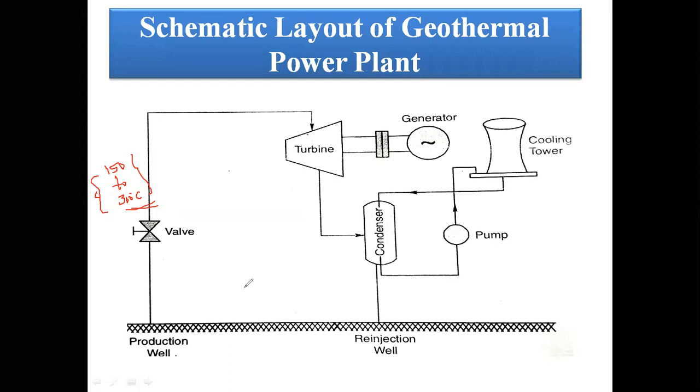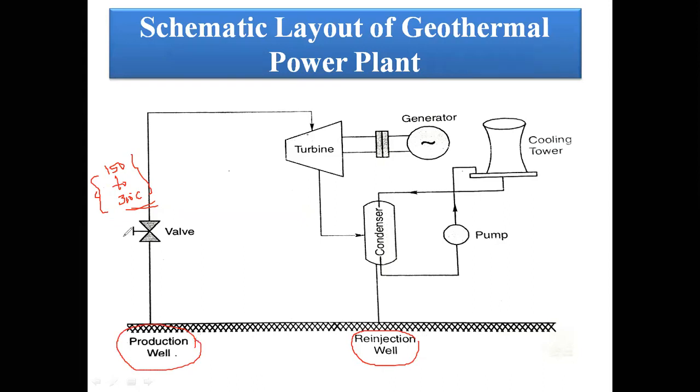Actually, the geothermal power plant is operated due to the magma effect. It consists of two borewells. In one borewell we inject the water. Once the water goes inside, steam is produced and exposed out. That steam we take from the production well, the other borewell.